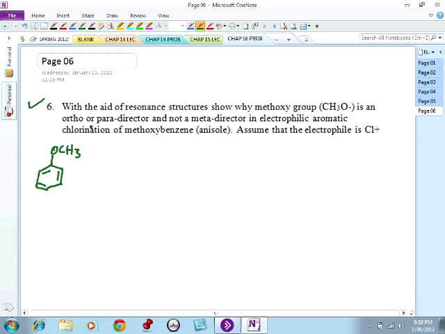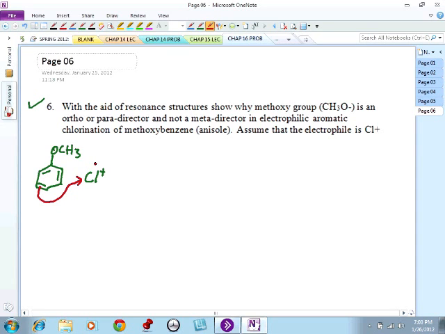Also para director. Okay, so what they want us to show here, why is it an ortho-para director? So let us choose the para position, because the last time we did this, we used the ortho position. So let us say the chlorine is here, it's coming. Chlorine is your electrophile. Okay, we want to use the chlorine to go in the para position. We take the pi electron,